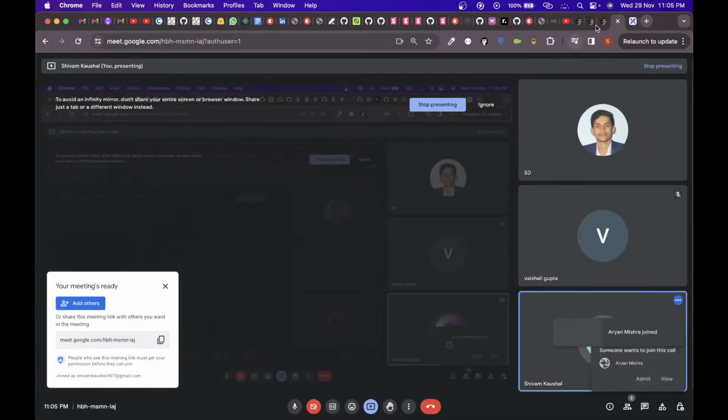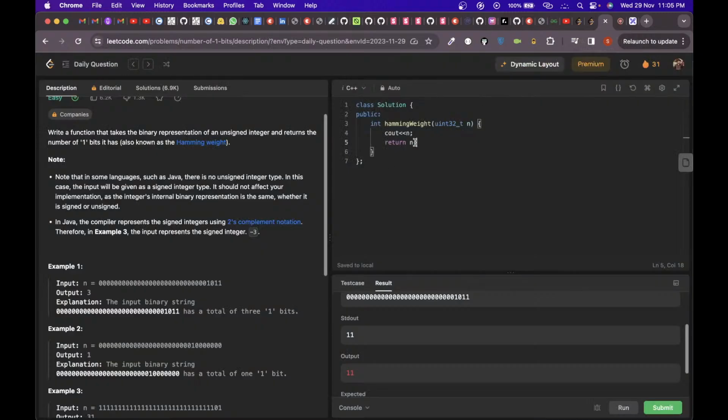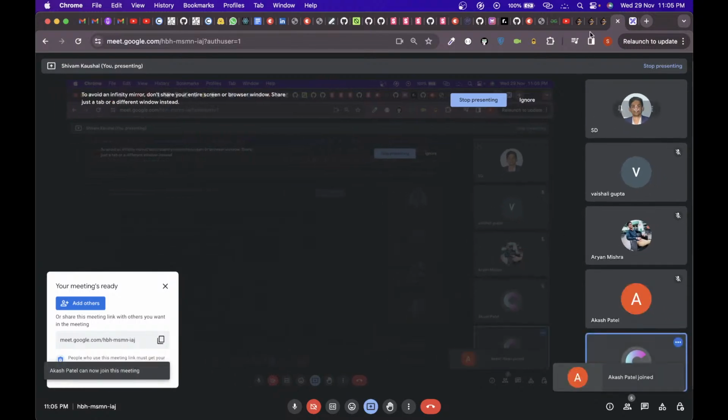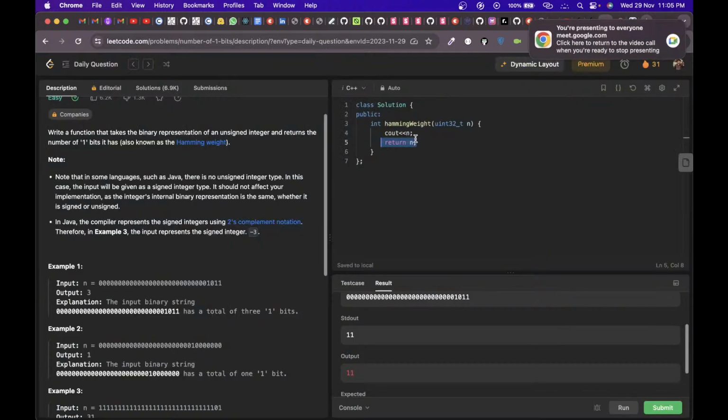So how can we do it? We can first of all initialize the count variable as c equal to 0, and we can check if it's